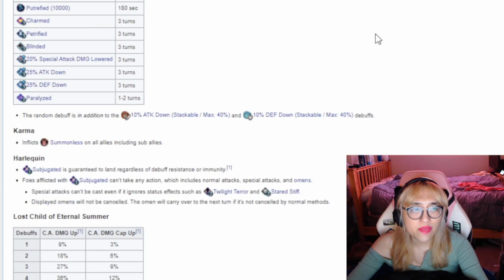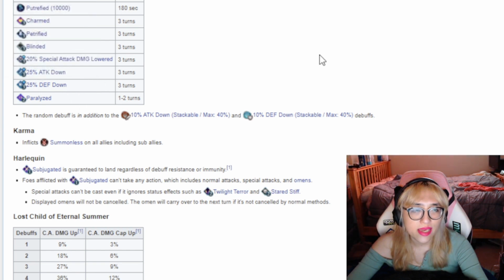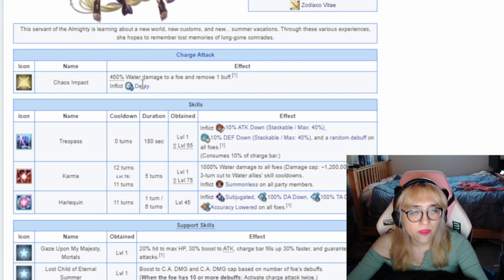So, Shalem's Trespass can inflict one of the following debuffs: Poison, Putrefied, Charm, Petrified, Blinded, 20% special attack damage lowered, 25% attack down, 25% defense down, or Paralyze. And this attack and defense down will stack, I'm pretty sure, with the stacking attack and stacking defense down, because they're different debuffs. So that's